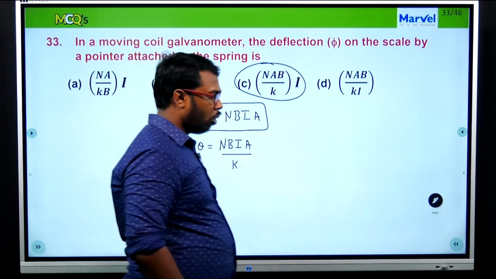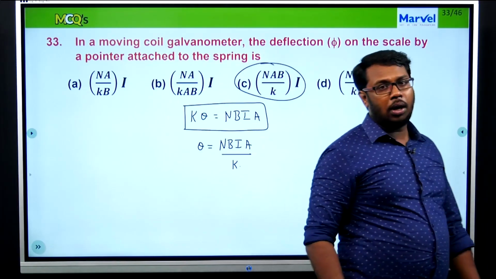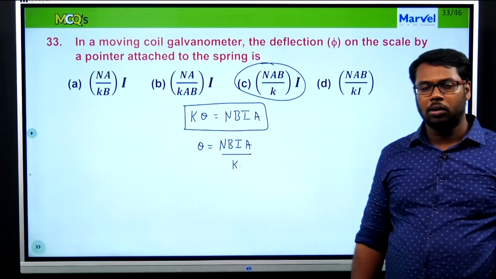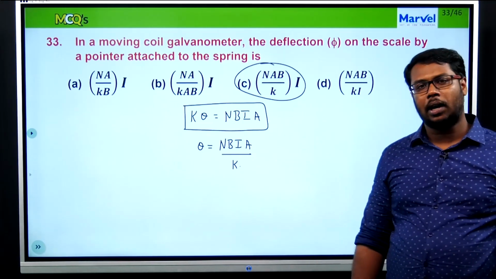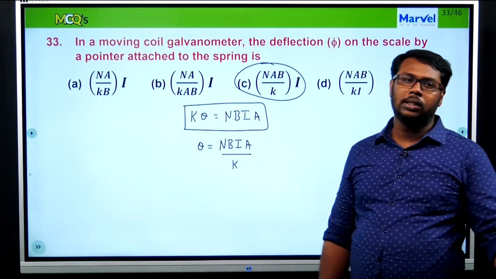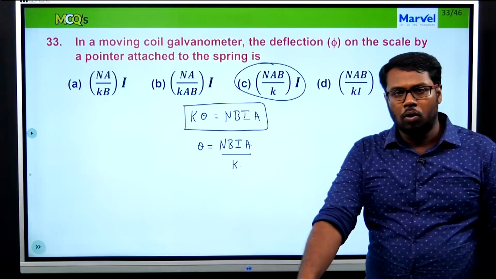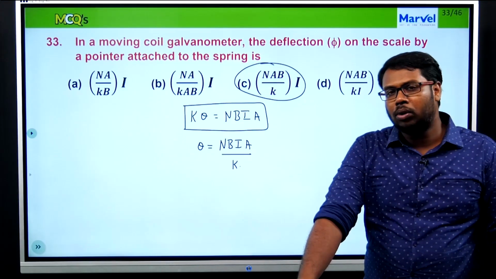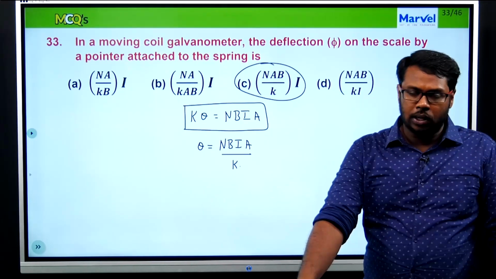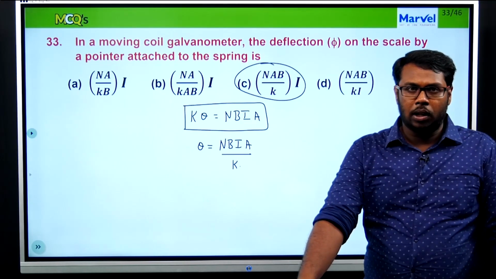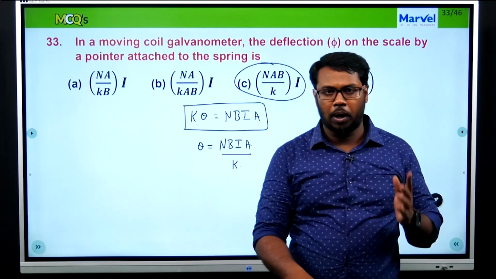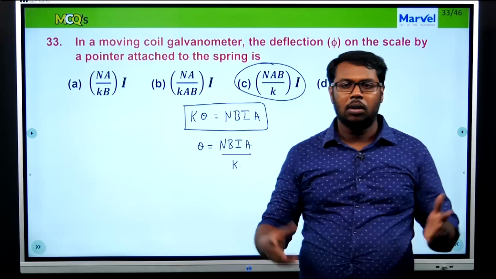It's a direct formula question. If you are aware of this formula directly, you don't have to do any of the calculations like this. Instead, you can just directly select the answer from the options. So these are the few basic techniques that you have to follow for each and every MCQ that you are going to come across. The technique is as basic as it is: choose a formula that you are going to operate with, then extract the data from the question and plug them in their according places, and you will get the answer.